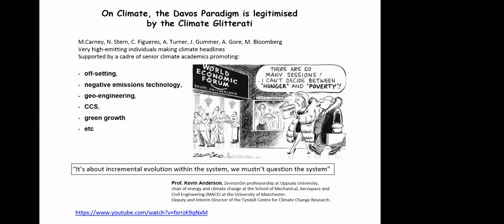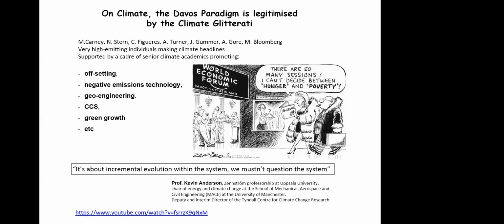And these are very well-known figures, like Nicholas Stern, who wrote the first report on climate for Britain, and Christina Figueres, who was appointed by the United Nations to oversee the COP. Al Gore, of course, who's very well known for his activism and his films. The billionaire Bloomberg, who is also very prominent in the media. And as